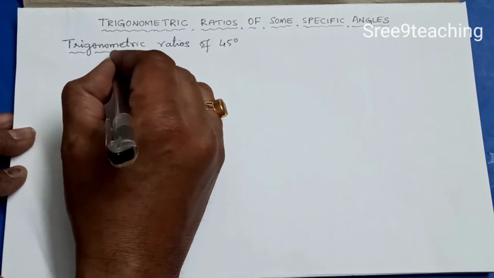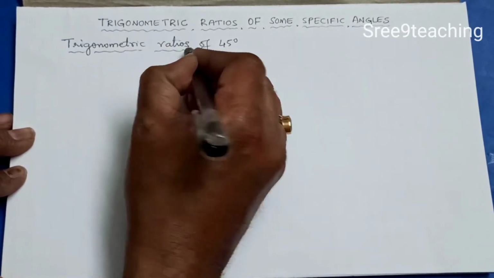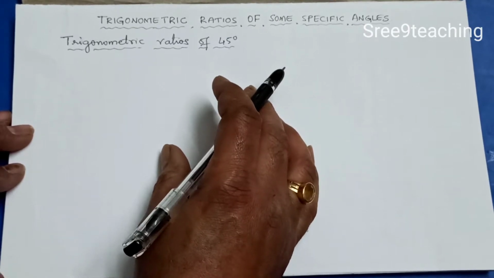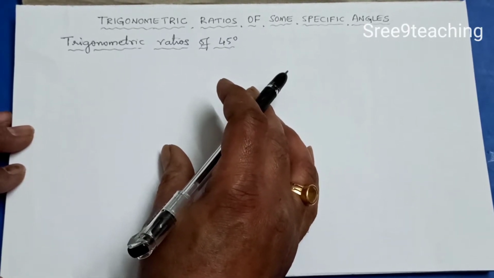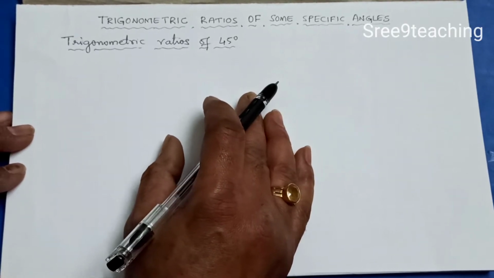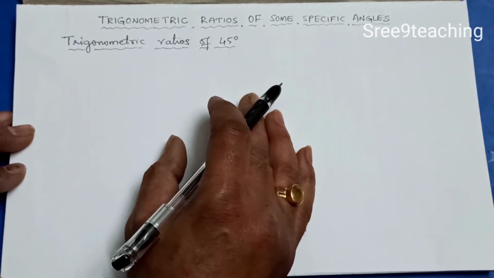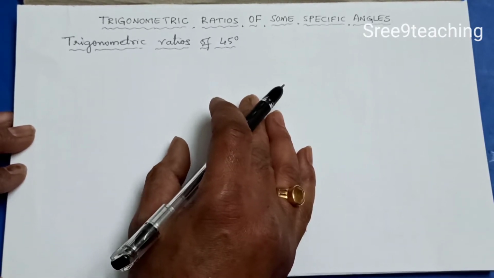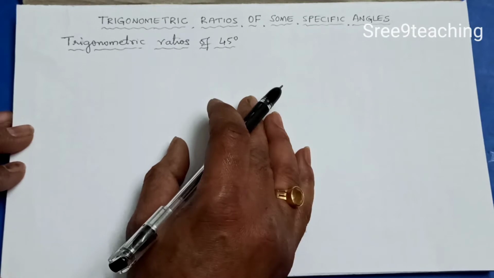Before this you have to remember the ratios of sine, cos, tan, cot, secant, cosecant. You know that sine theta is equal to the ratio of the side opposite to the angle by the hypotenuse, right? Now here we are going to take an